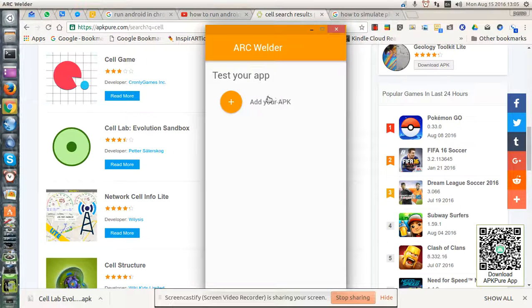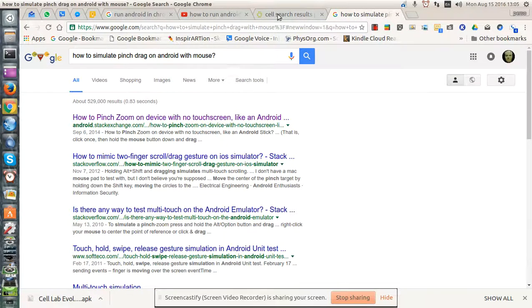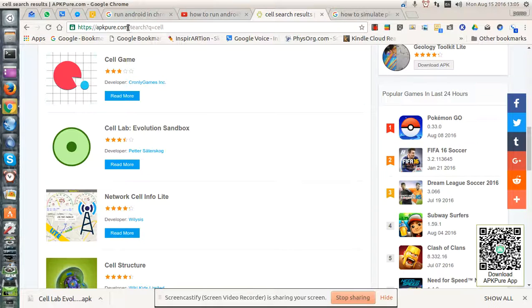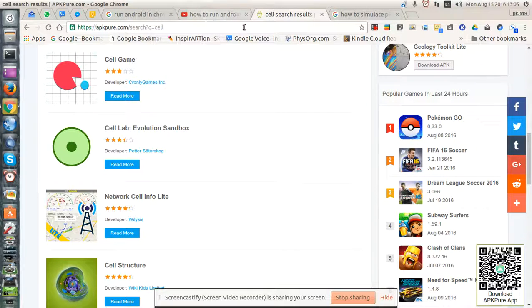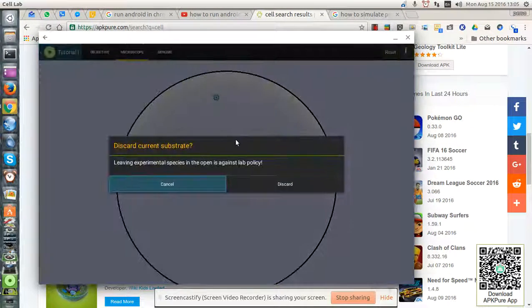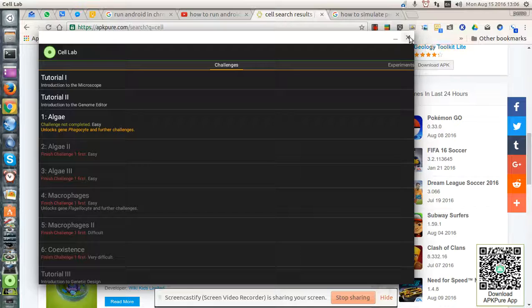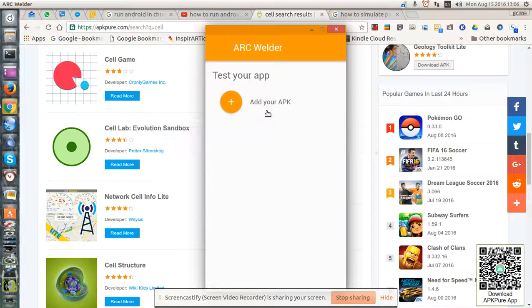And in order to set it up, you have to set up a folder where your APKs are being held. So I went to APK Pure and downloaded Cell Lab, which is a simulator for DNA sequencing. I downloaded that. You can see down here, downloaded. And then to close out APK, cancel, discard. All right, so there's Cell Lab, but let's go ahead and open it from within ARC